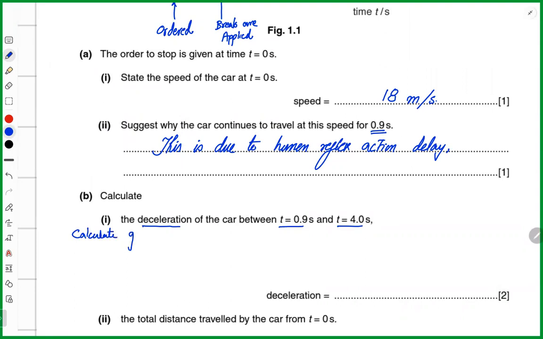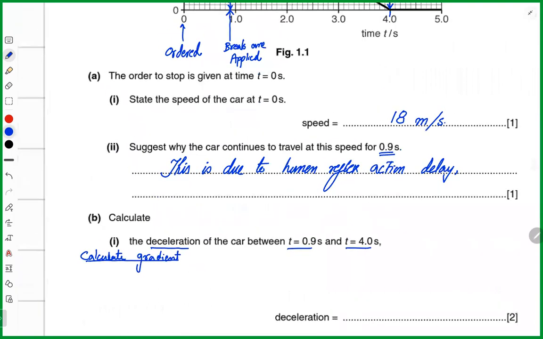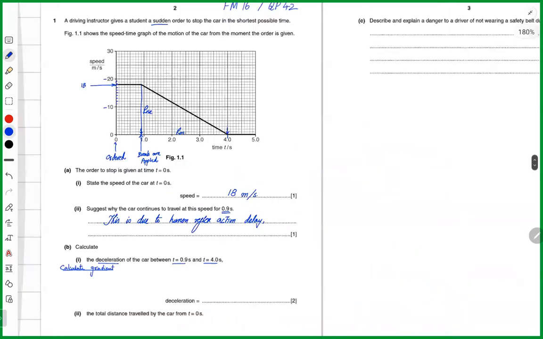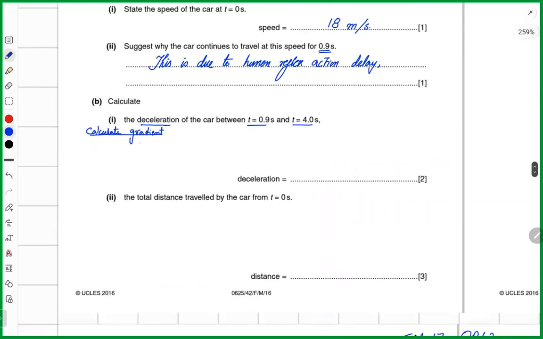Calculate gradient. So look, from 0.9 to 4.0, we have pretty much a triangle. We can complete a triangle if we want to. So this will be the rise. This is the run. So deceleration will be